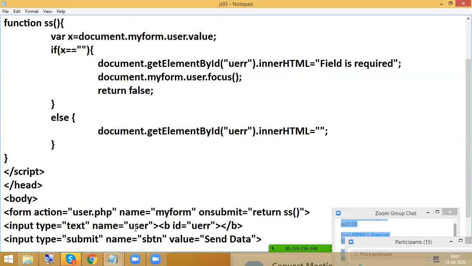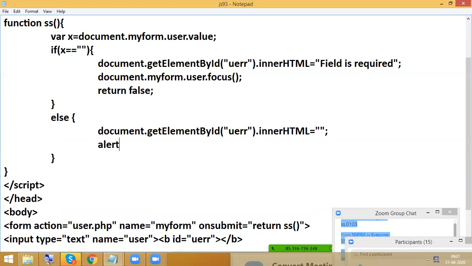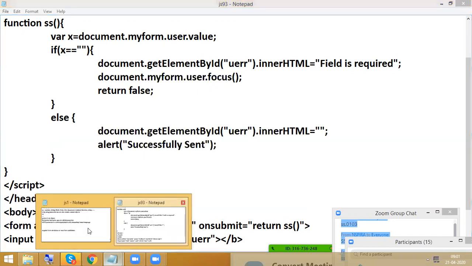Suppose if you enter something, the error message should be blank. Then I'm going to write as usual alert. Without writing alert also it will directly send, but better to have it for the last one, successfully sent.